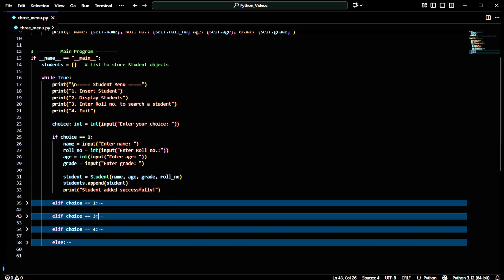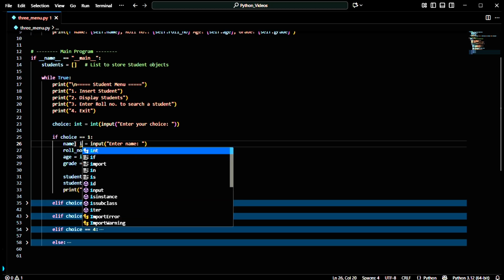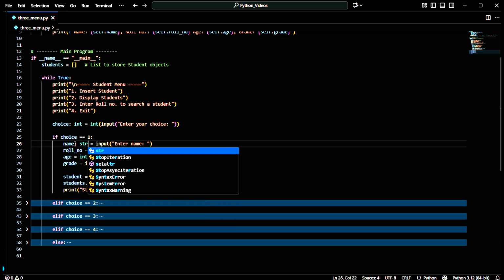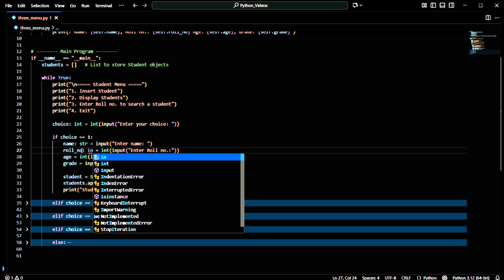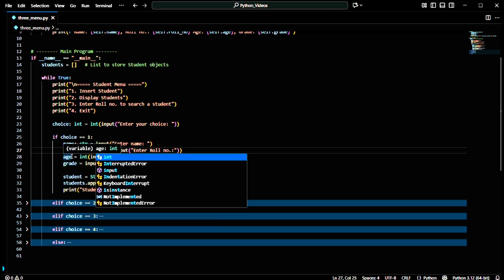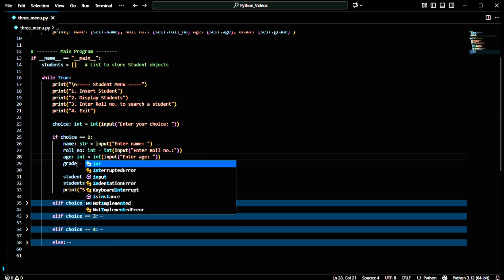This is the same as we have already discussed in the previous video. So first we will ask the user to give the input, that means enter a name, and this name will be by default of type string. If you want, we can mention it here, and if we do not mention it, it is okay, because we all know the type inference property of Python. So it is okay if we do not mention it, but it is a very good practice to mention the data types.